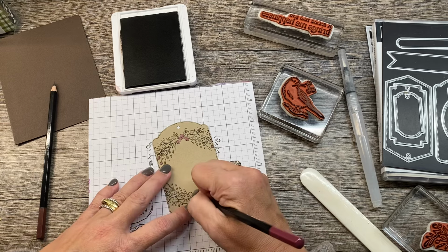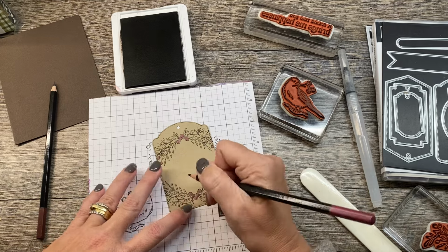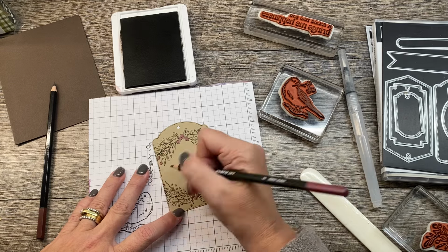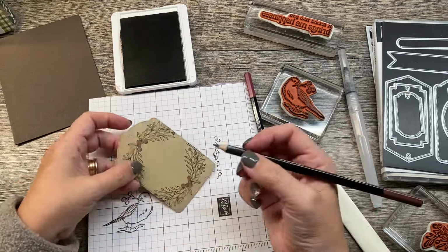And we can determine which one is better. How about that? I have a sample one that I did with my blender pen here, so we can compare. Now you can use water, but because we're on crumb cake cardstock, I feel like this is actually going to be a little better just using my